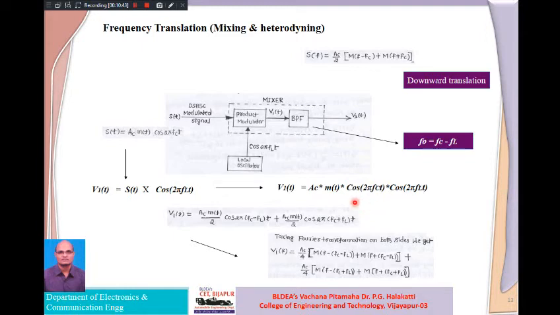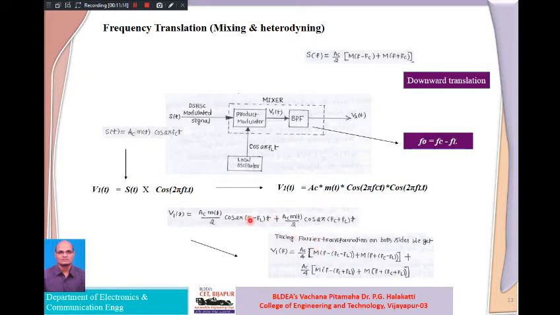After applying that one, you are getting this. Now, after getting v1 of t, we have to visualize this in the frequency domain by taking the Fourier transform on both sides. So v1 of t, if you take the Fourier transform, we will get v1 of f. Once again, for each cosine, if you apply the FT, the FT pair will have another half, that is Ac by 4. This m of t will go with the impulse functions, m of f.